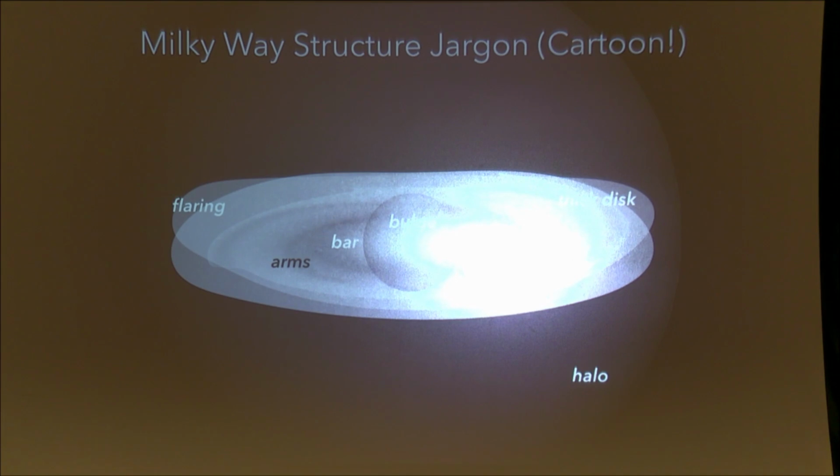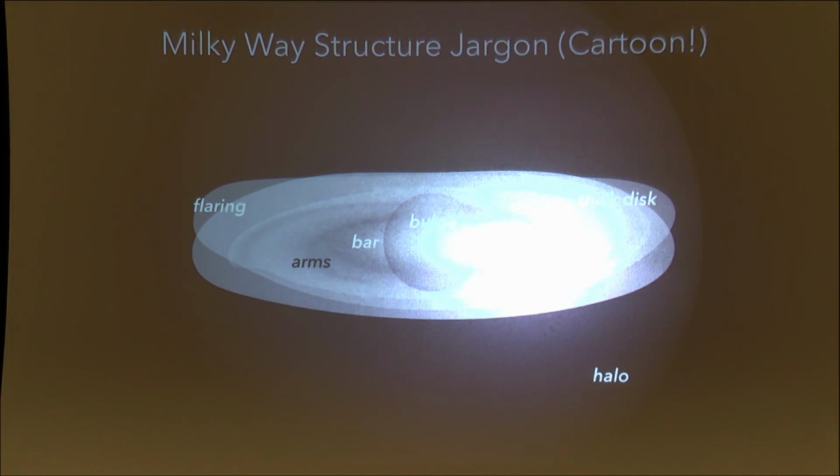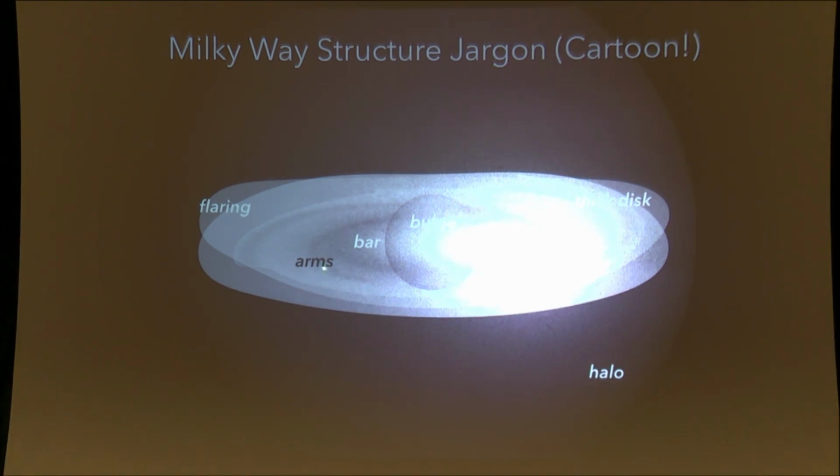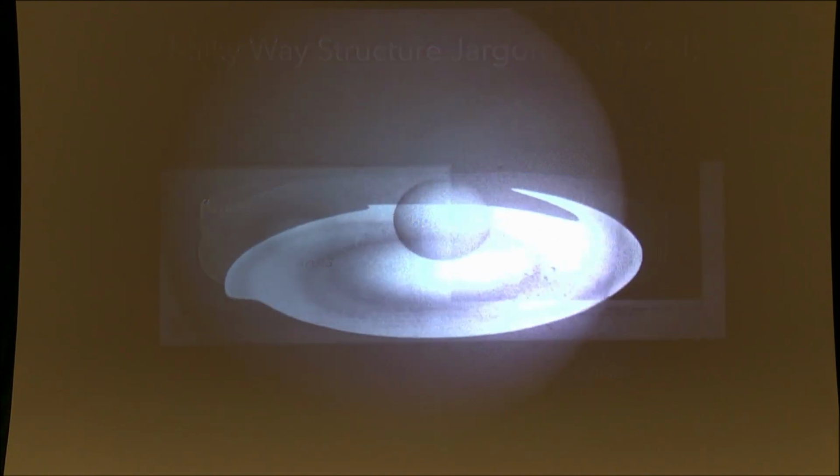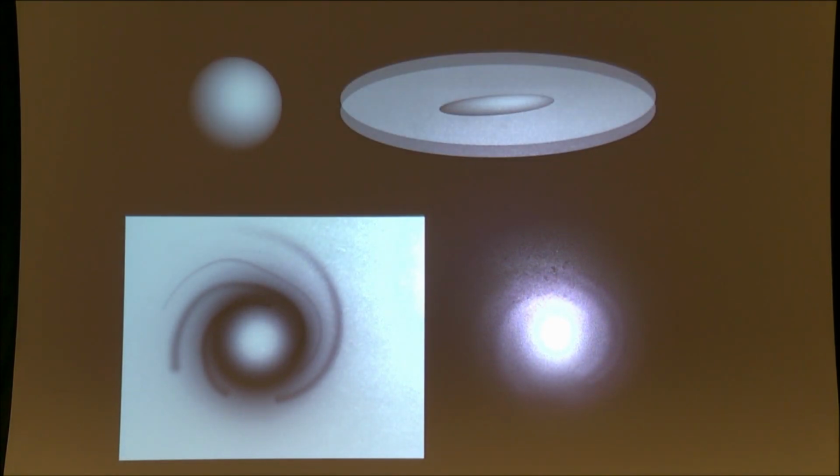There's a halo that has more to do with cosmology and the formation of the Milky Way than other parts of this, I'll tell you more about that in a minute. There's a bar here, an asymmetry in the middle of the galaxy. There are the famous spiral arms, although what we're going to think about today is just how neat they are or aren't. And then at the edge of the disk, there's some sort of flaring. There are hundreds of papers about each one of those things.